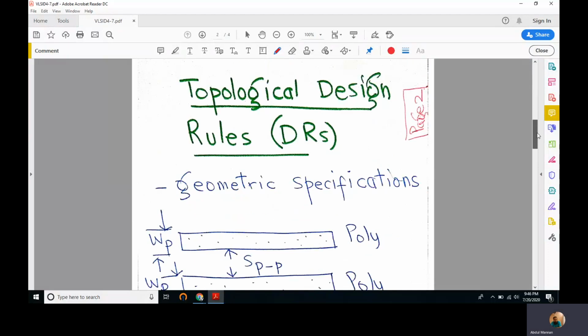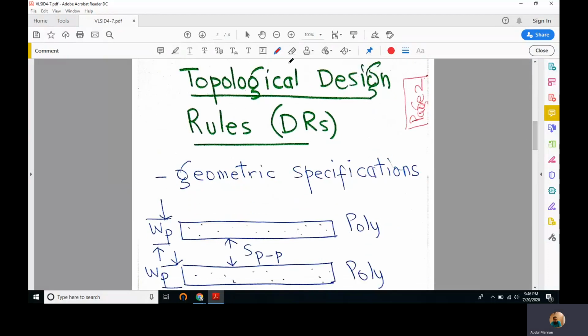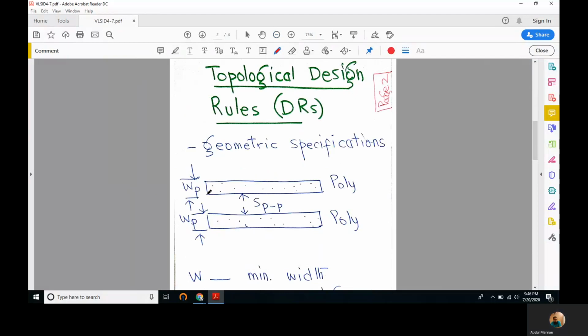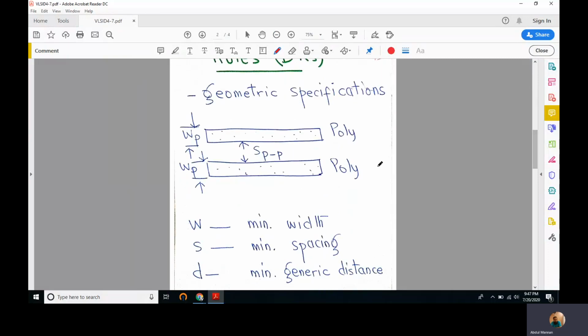So topological design rules are the simplest design rules that we follow. They correspond to width and spacing. Width, where W stands for minimum width. For example, if we have to implement these two polylines, polycrystal silicon gate lines, and we want them to be separated by a certain distance, SP2P.